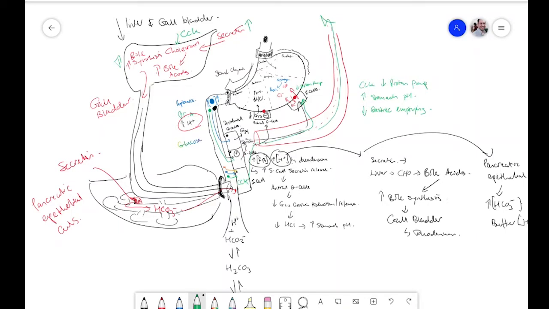The main one, and don't forget, this is because CCK is, and this is why I'm doing it in green, exquisitely susceptible to fatty acids, is to get these bile acids that we were making with secretin